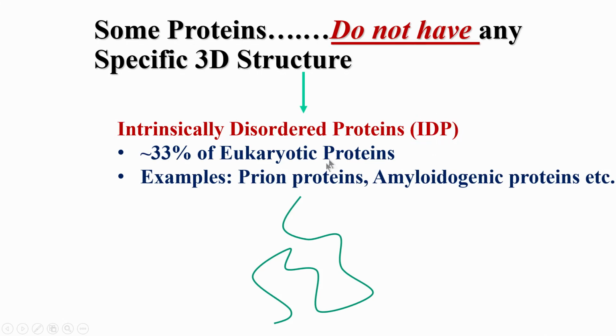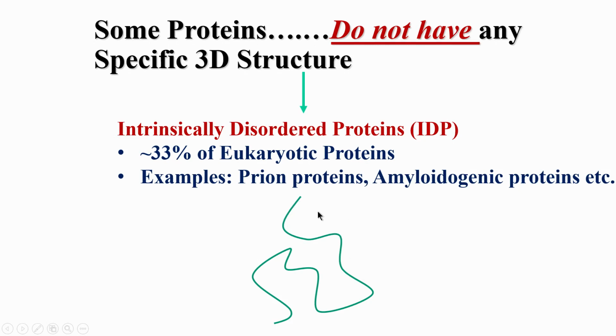A second thing is that IDPs can actually adopt a structure if they bind to a ligand. For example, some IDPs are known to adopt an alpha helix or a beta sheet form once they bind to a ligand. And what could the ligand be? A ligand can be DNA, for example, a DNA binding protein. A DNA binding protein can be an IDP, but it adopts some local structure, of course not the entire protein, but the part which interacts with DNA starts becoming more rigid, and that can happen in many cases. But in many other cases it just binds to the ligand and there is no change in the structure, it remains flexible.